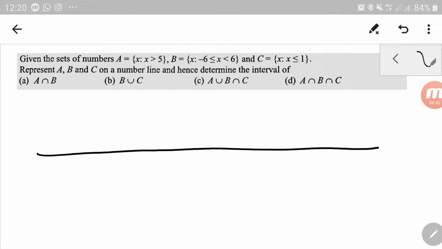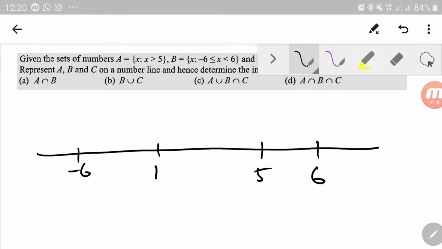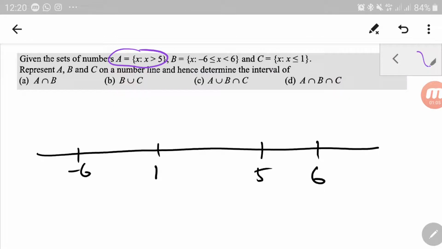So we have a line over here, and then I might need -6 and then 1. I said 1 but I wrote 5. Okay, 5 here and then 6 here. Correct. Okay, and then maybe we can start with A. A, we use purple color to represent the line. So A over here, A is greater than 5. So on top of 5 is an empty circle going to the right, and then a right arrow,